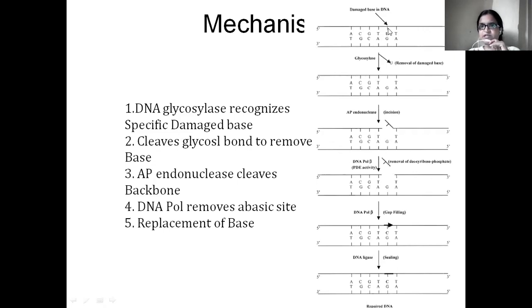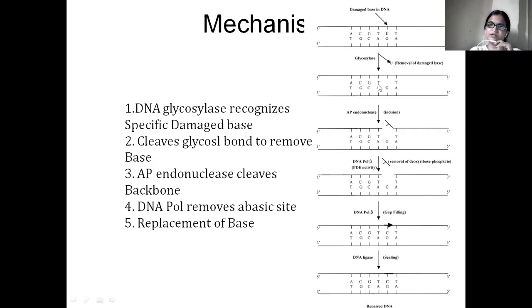Here, if you can see, this is the sequence, right? Uracil is here. So definitely this is the parent strand and this is the new strand which is being synthesized, where uracil was mistakenly added onto the new DNA molecule, whereas there should be cytosine opposite guanine. Guanine should always pair with cytosine, but in place of cytosine, uracil is added. So definitely this is a mismatch. UG is the mismatch. Now what happens is the glycosylase will come and remove the damaged base.